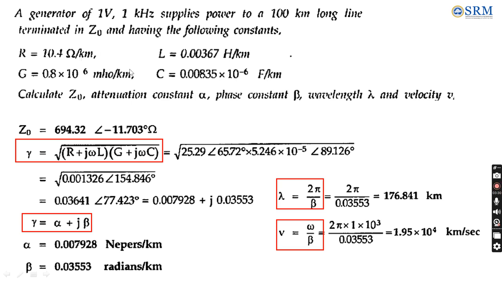So by using the given primary constants R, L, G, C, we are able to find the secondary constants of the transmission line, Z0 and the propagation constant gamma, from where we are able to find